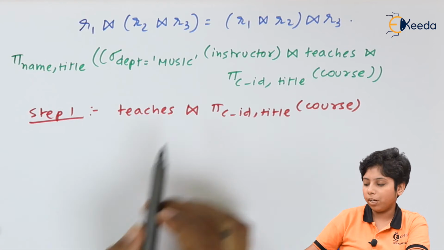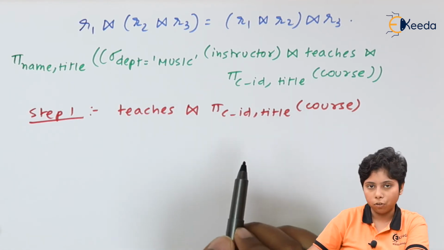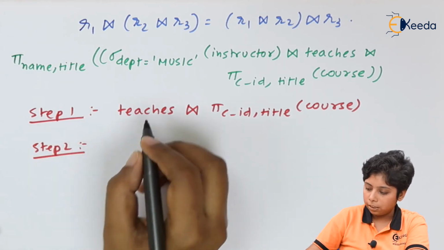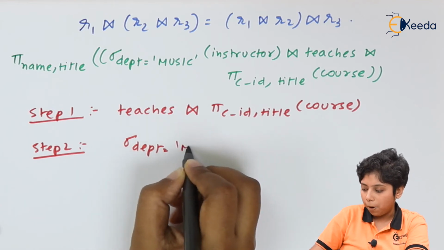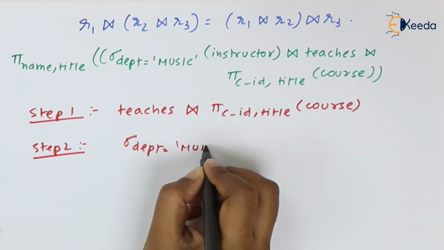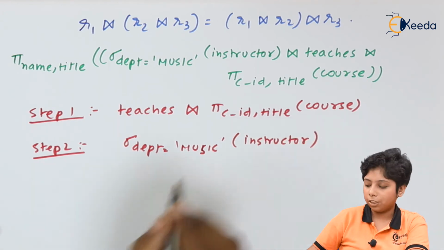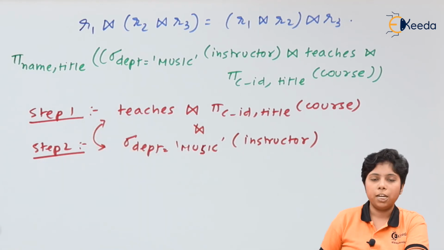Now in step 1, we can join the teaches and the projection of CID and title for course. And in step 2, we could have joined the instructor, that is the selection of music department, with the result of step 1. Now it is quite large to have the result of replacing it with